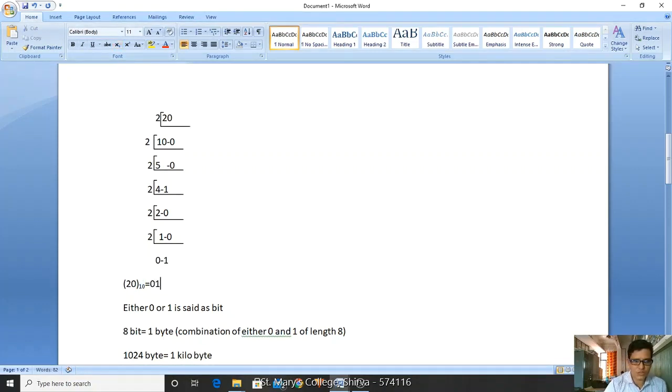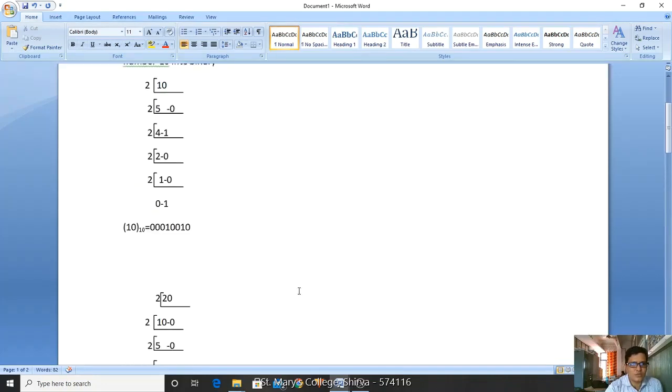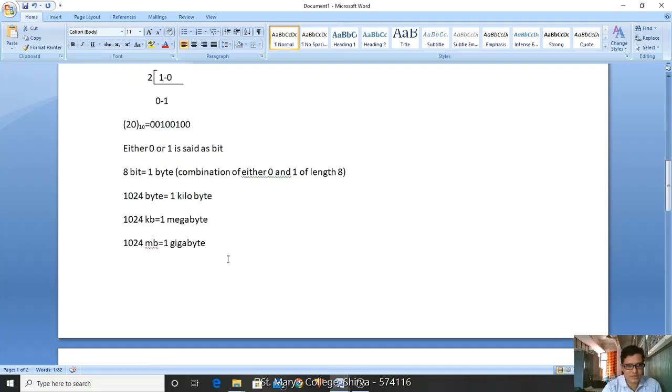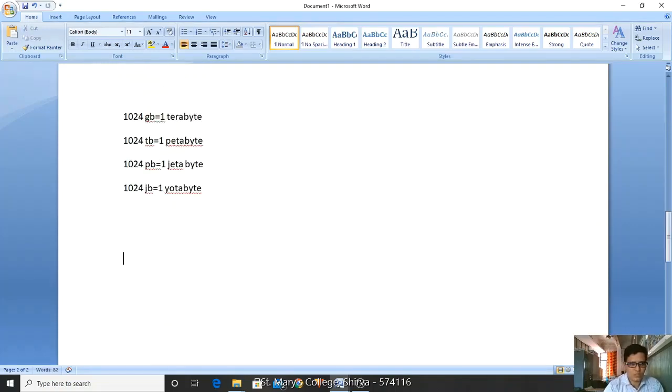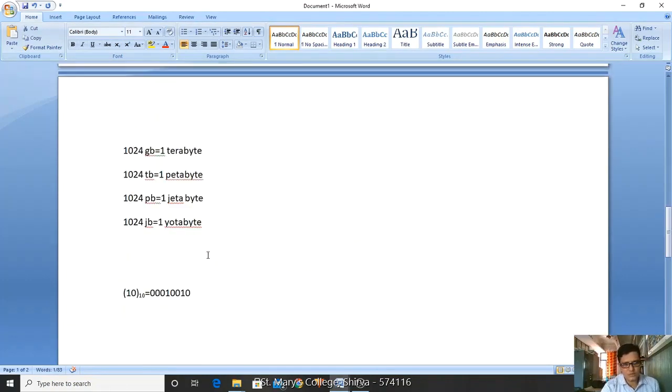0 1 0 0 1 0 0. Please observe here 2, 4, 6, 7 is there. I will add one bit because I will do this process in binary. Now you are familiar, right? Now let me take the value of 10 in byte, and what is the new value of 20 in byte.